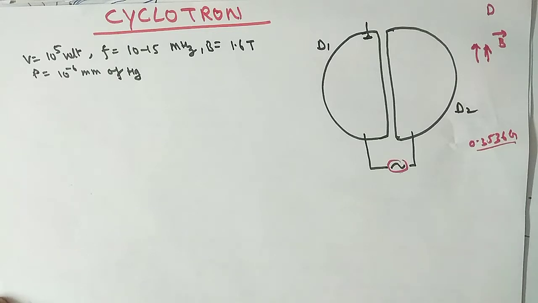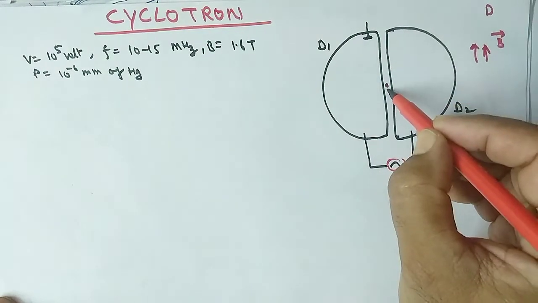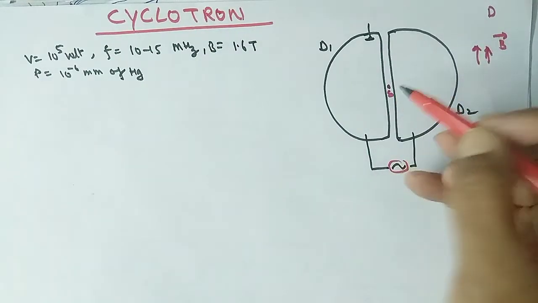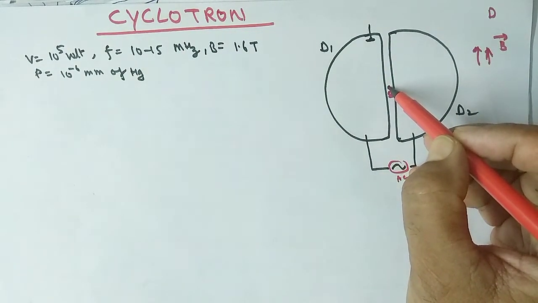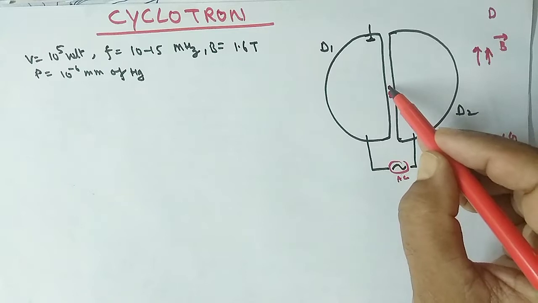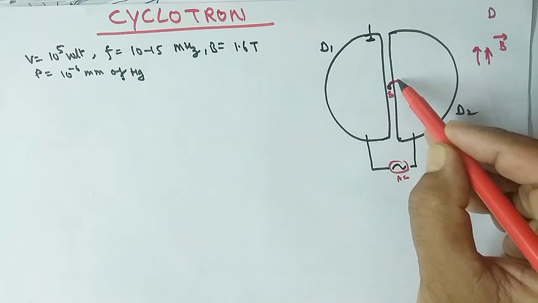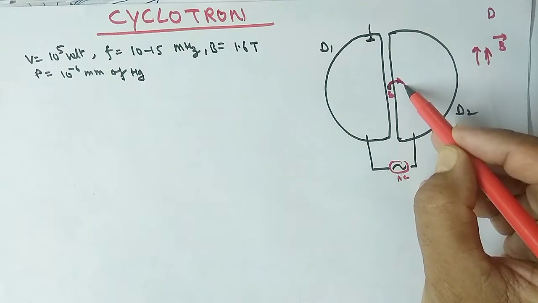So dear students, this is about the construction. Now see how it works. At the center we have a source of positive charge ions. Because it is an AC supply, suppose at that time one D is negative, in that case the ion will be attracted towards the negative region, and it covers a